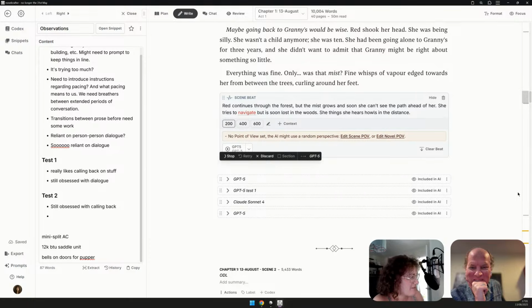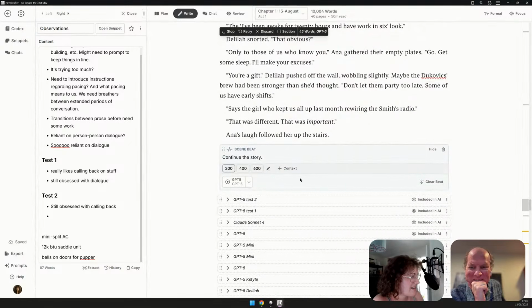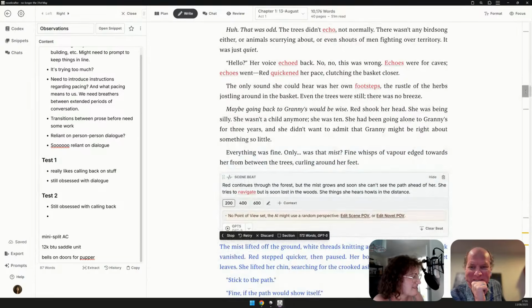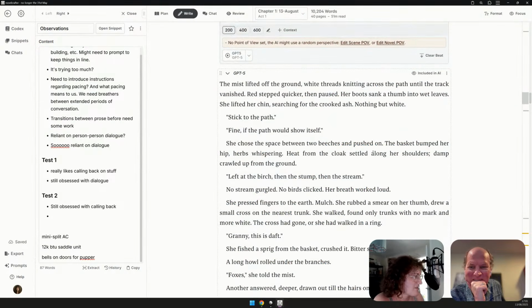Maybe while that's doing that, we could have a look and see maybe if we add in... oh, now it's at the moment I look away. Okay. So, the mist lifted off the path, the white threads knitting across the path until the track vanished. Red stepped quicker, then paused. Boots sang